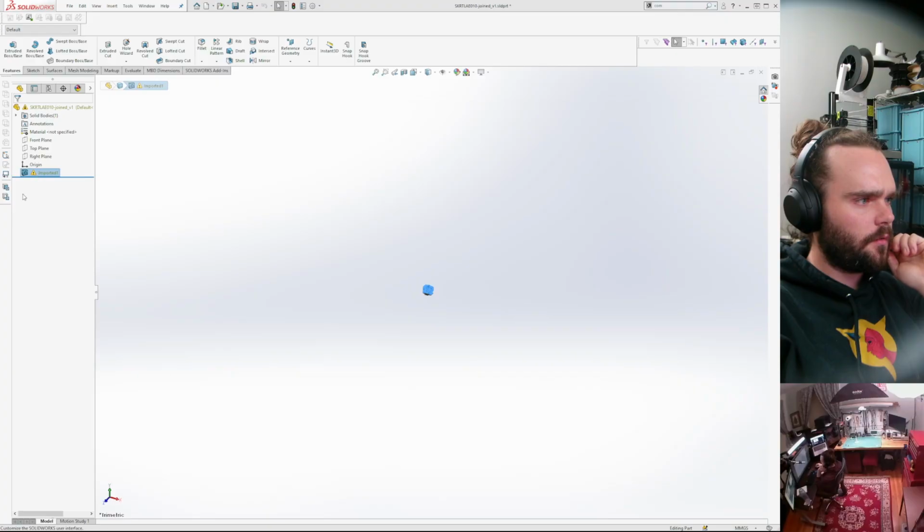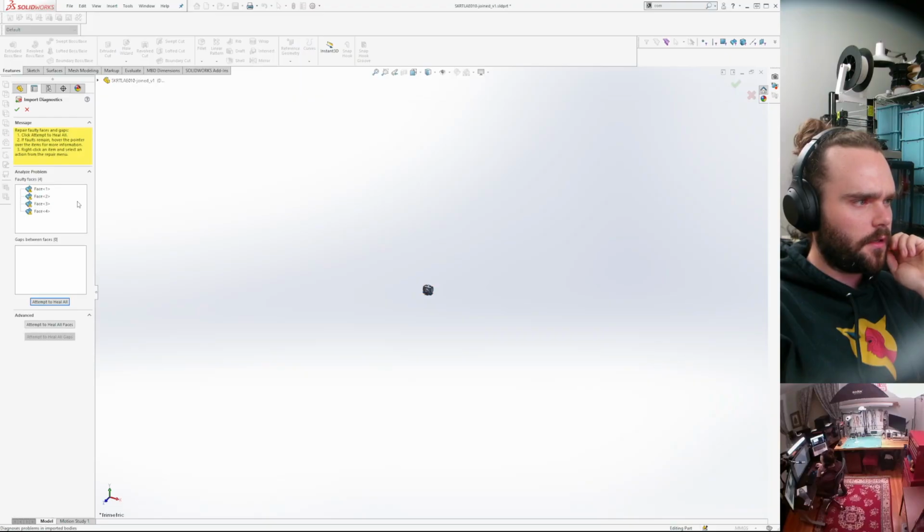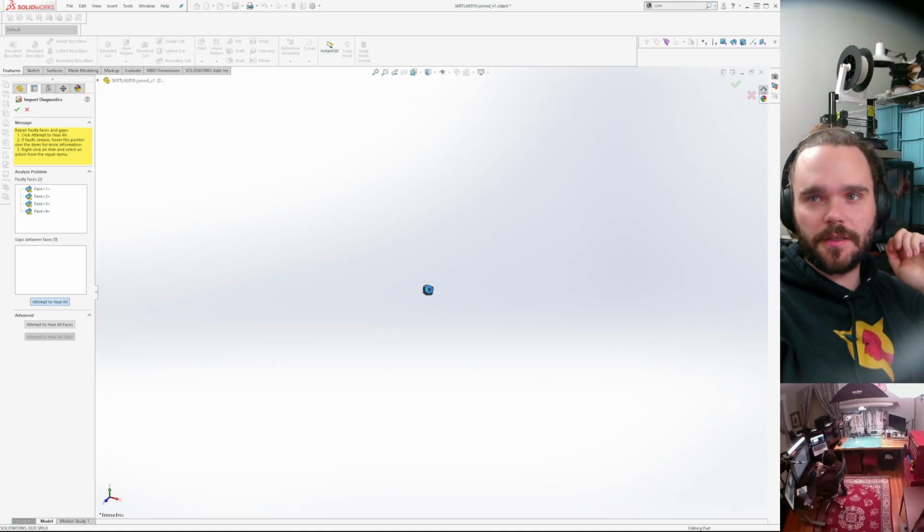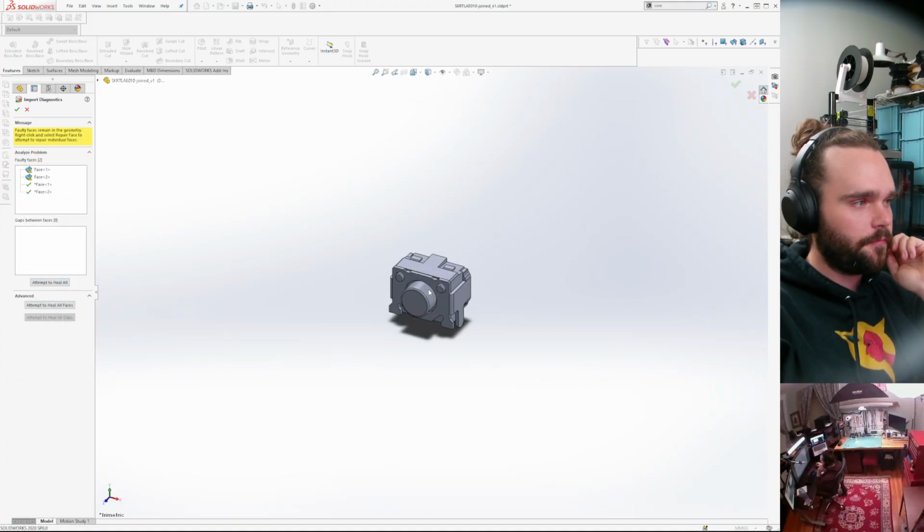I don't really know what's up with the import diagnostics things that sometimes you run into. Typically, if I can't do the auto heal thing, I just give up on the part if I'm downloading the model from somewhere.